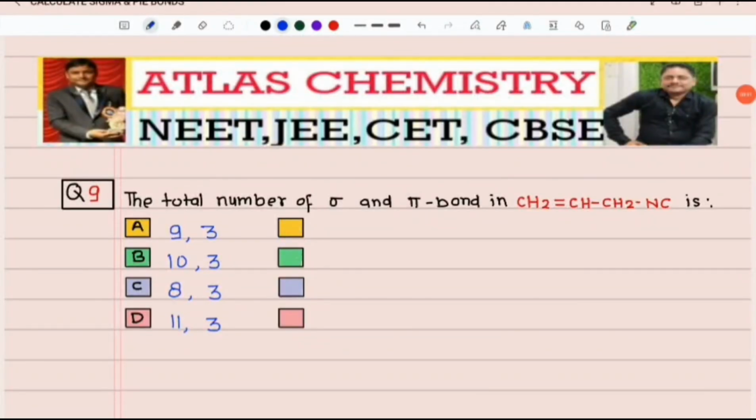Question number 9 says calculate the total number of sigma bonds and pi bonds in the given compound. The options are 9 sigma 3 pi bonds, 10 sigma and 3 pi bonds, 8 sigma and 3 pi bonds, 11 sigma and 3 pi bonds. First of all we have to write the structure of the given compound, then we will find how many sigma and pi bonds are there. So the formula is